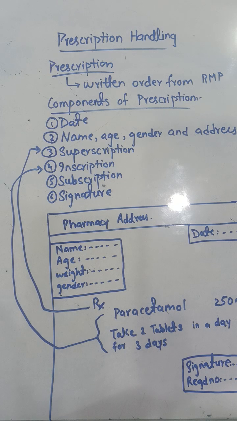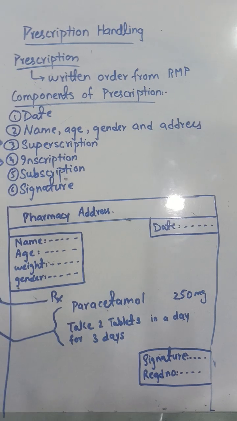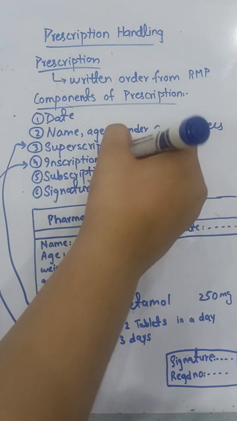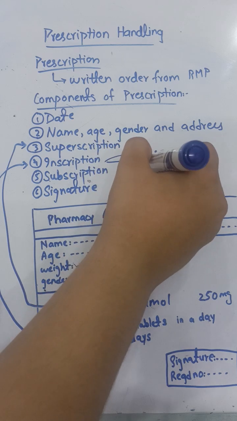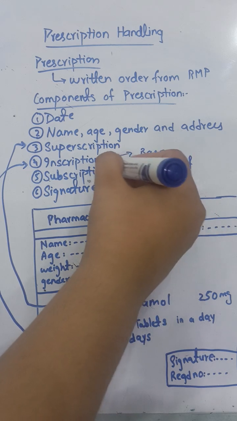And then it also contains the quantity of the drug as written here, 250 mg. So the strength of the drug, the doctor should write it according to the need of that patient, according to the age or need of that patient. So it should be mentioned, it is a part of it. And your inscription can be divided into three parts. Your inscription is further divided into three parts. The first part is your base, the second part is your adjuvant, and the third part is the vehicle.